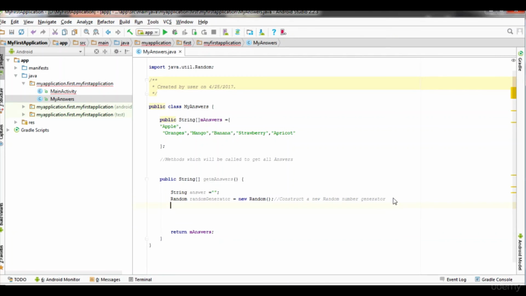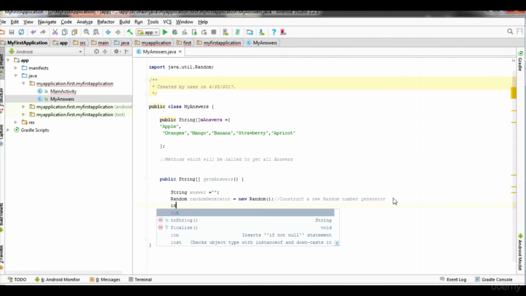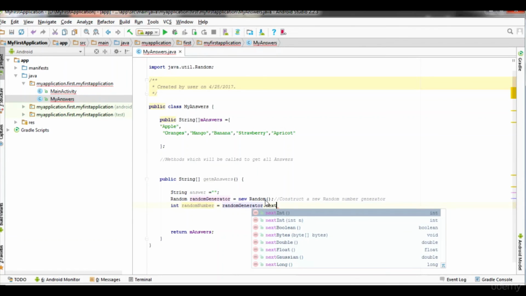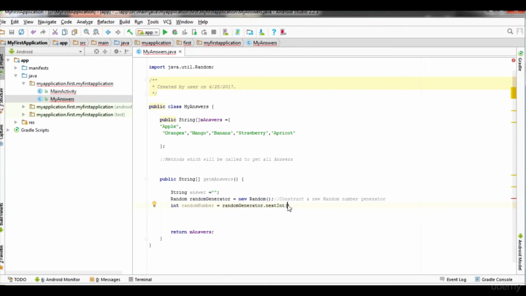The variable name will be randomNumber, whose value will be equal to whatever we get from the random generator, dot nextInt. And what we will pass over here is the answers dot length. So this is how it's going to work.